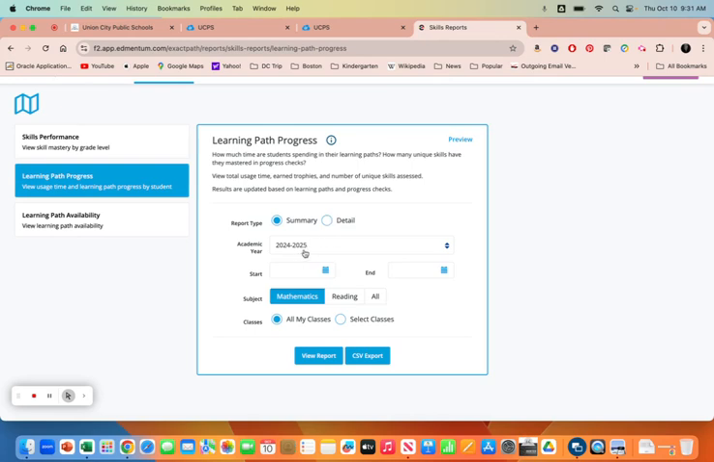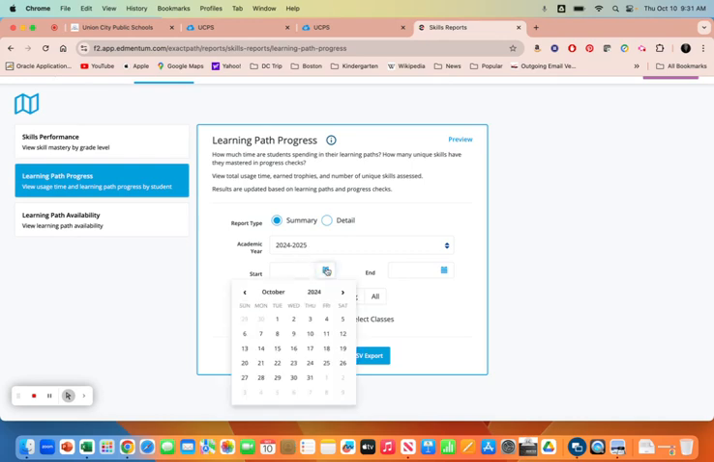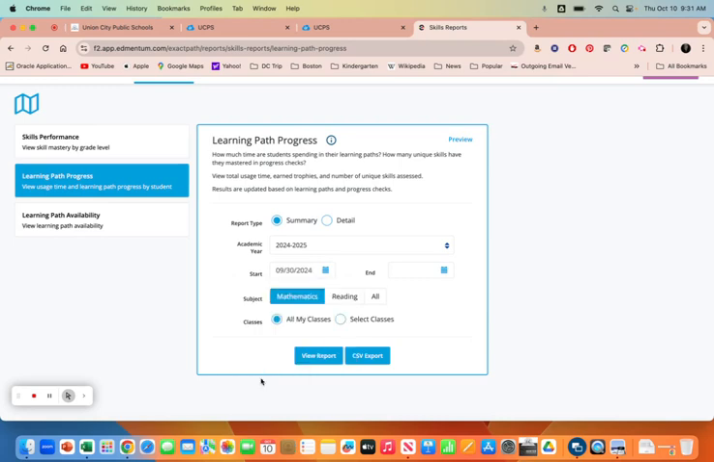So next, we choose our academic year, which is already selected for us. And now we could choose our start and end dates. We're looking for 40 minutes a week for each student. So let me take a look at last week for this class and see if we met our goals. Choosing the 30th to the 4th. Then, depending on the subject area that you teach, or if you want to select specific classes,